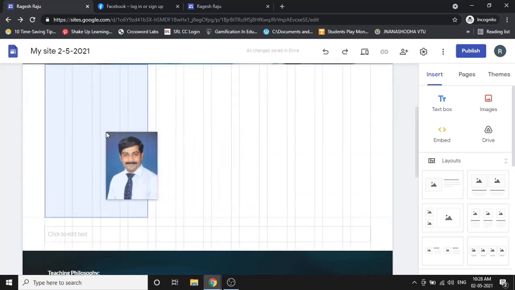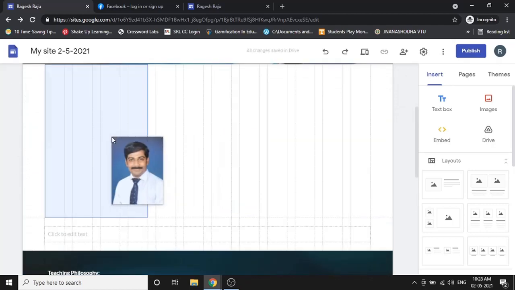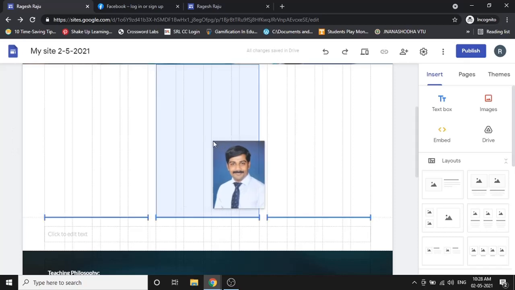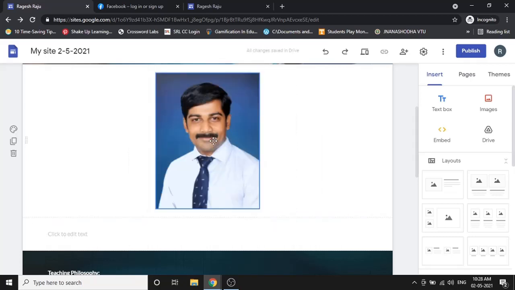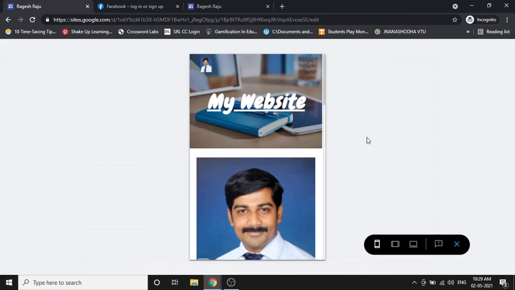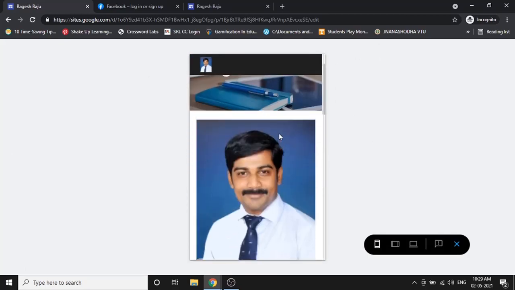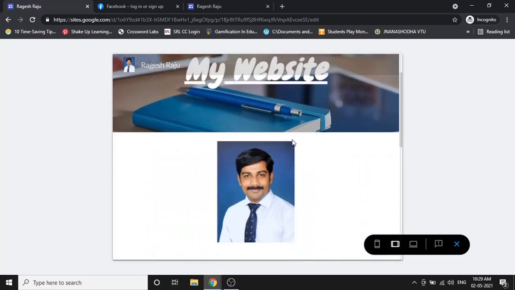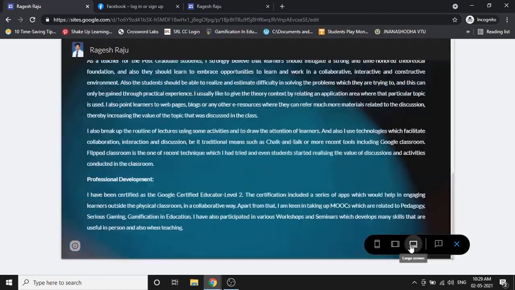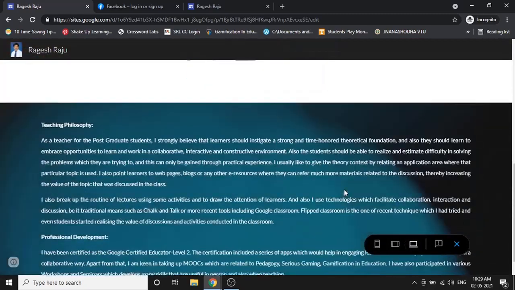Okay, so now you'll be able to see when I move this particular image, when I bring it to center, now you can see there are three blue lines which is coming there on the bottom. So now it means that your image is exactly in the center. So now when you leave the cursor, your image is placed in the center of the website. Okay, again you can check the preview how it comes. So this is how it comes in the mobile view. This is how it comes in the tab, and this is how it comes in the larger screen. Right, you click on close.